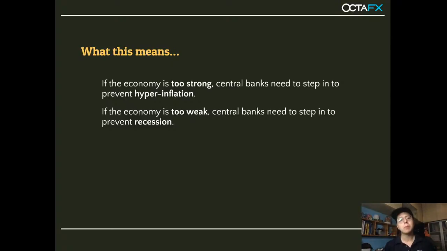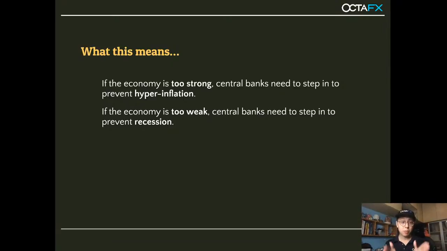It's not good, right? But if the economy is too healthy, too strong, okay, not good also, because then what you have is here what I say, hyperinflation. Okay, so hyperinflation, then who will suffer? The people will suffer, because imagine today your cup of coffee is 2 ringgit. Then 1 week later, because of hyperinflation, you go to the same coffee shop, right? 7 days later, that coffee becomes 2.50. Another week later, it becomes 3 ringgit, and then another week later, it becomes 5 ringgit. Okay, what will happen? People will panic. Okay, so you cannot have that happening.